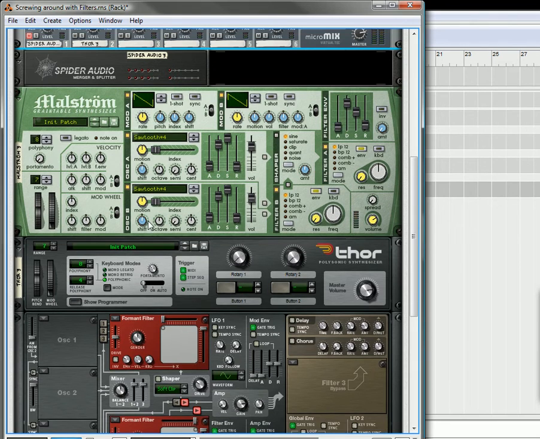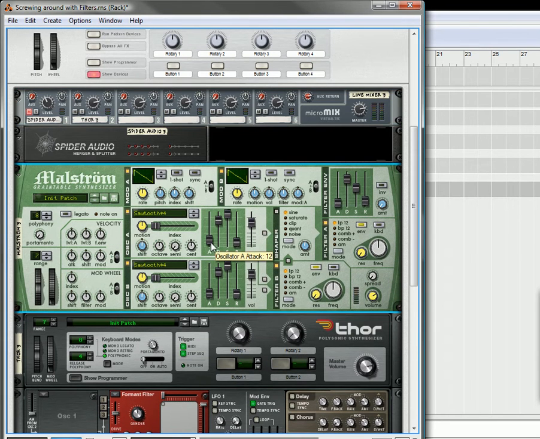Okay, so now we're just going to adjust some things. We're going to turn the attack up to about 39 or 40. The release is going to go up to about 73. And we're going to change it over here as well. The other thing we're going to do is play both in tandem, because we're going to mix the original signal here on channel 1 with the processed signal going through the Formants on channel 2. I'm going to bring the level down a little bit. I'm going to pan this a little bit to the right, and I'm going to pan this a little bit to the left. And now